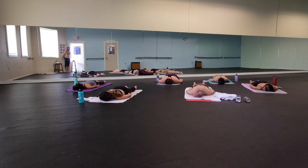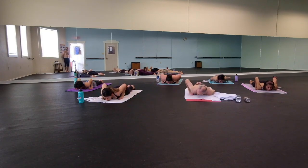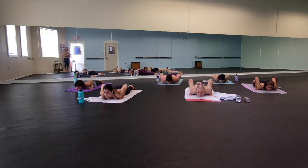All right, do second set, Cobra Pose. Palms flat on the floor, underneath your shoulders. Point your toes, chin forward, squeeze your heels together, lock out your knees, roll your shoulders forward and down, look up on the ceiling, take a nice strong deep breath, inhale, lift your upper body all the way up in